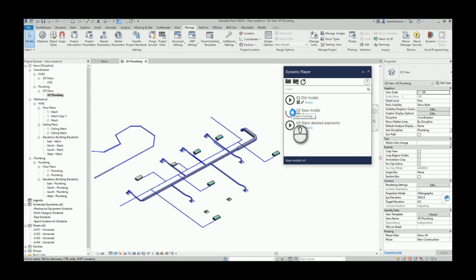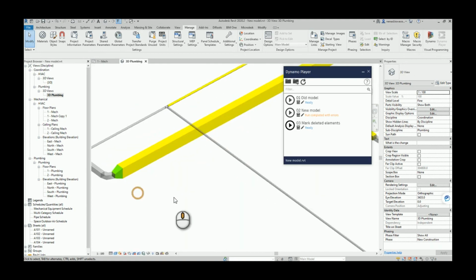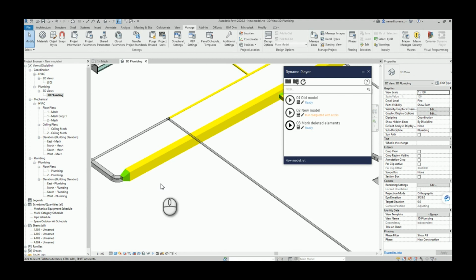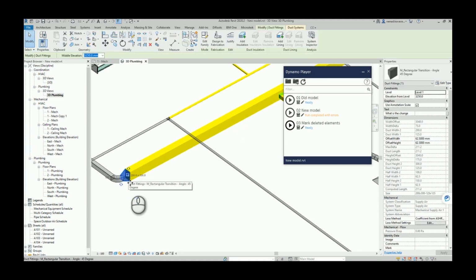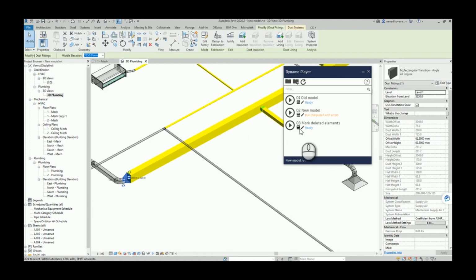Okay, now we will run our second script. And you will notice that when you change, for example, the main duct, as a consequence the length of all branch ducts will change. So a lot of elements will be yellow now. Okay, let's see what changed. Because we changed the size of the duct, we have a new reduction element, and probably when